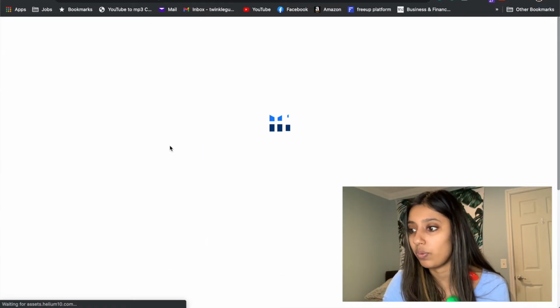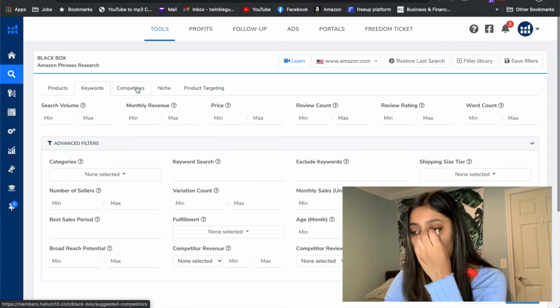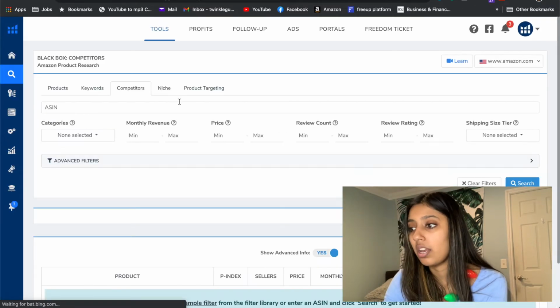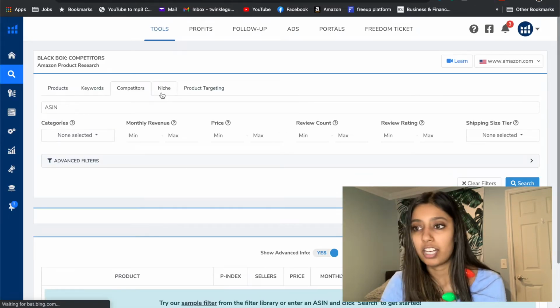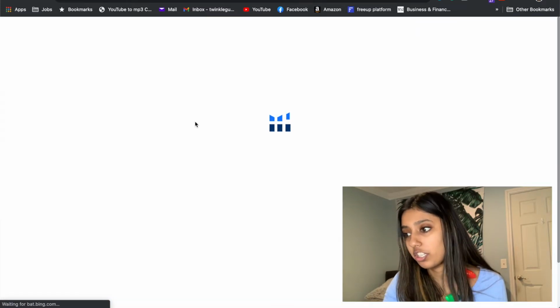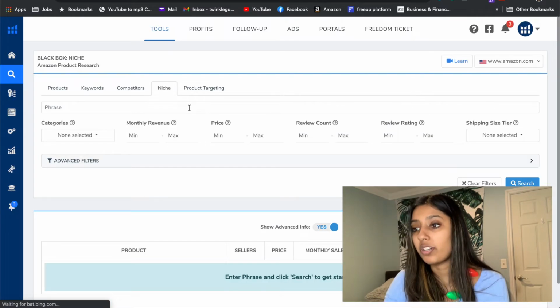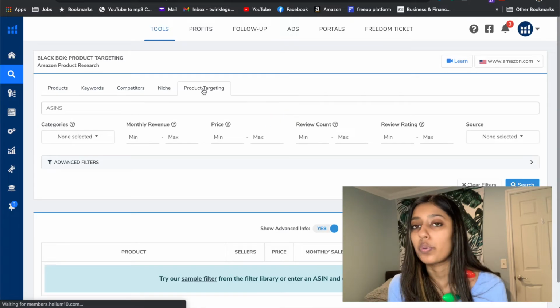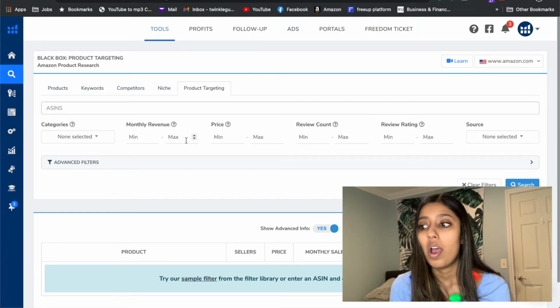You can pinpoint keywords that meet your parameters, competitors that fit your parameters, and a niche section as well, which might be pretty similar to the JungleScout one. And then product targeting, I thought that was a really cool key feature because, let's say you were doing sponsored ads, this will help you find products, let's say you wanted to do sponsored ads under products that have 1 or 2 stars,